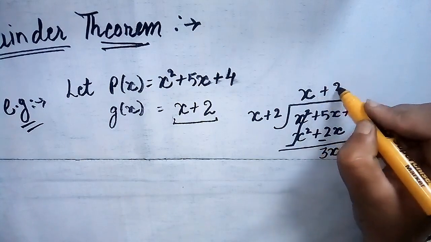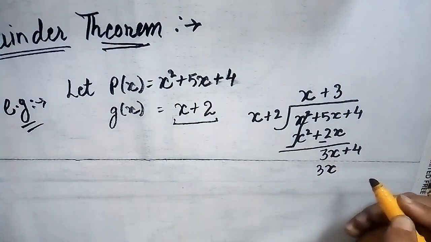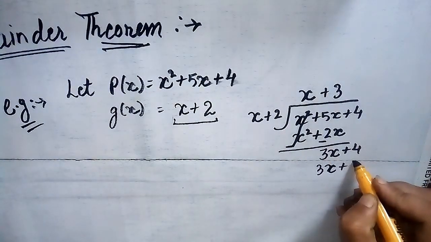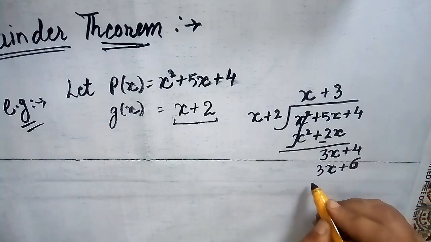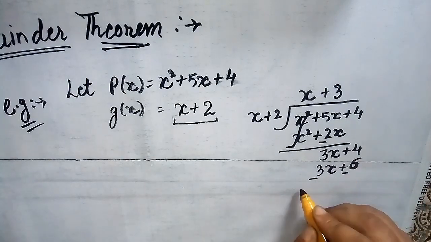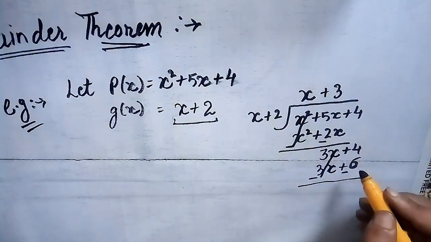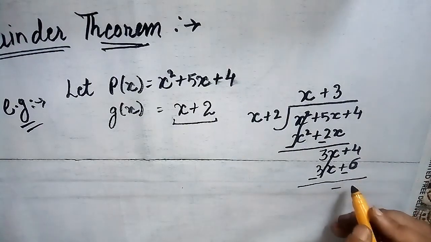Now you need 3 to complete your division. So 3 into x is equal to 3x and 3 2s are 6. Subtract like terms again, change the signs, and 3x minus 3x is 0 and 4 minus 6 will be equal to